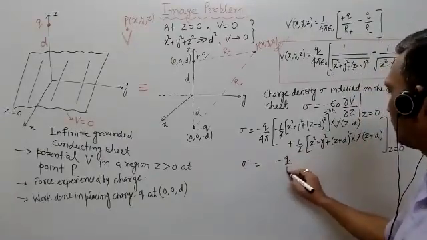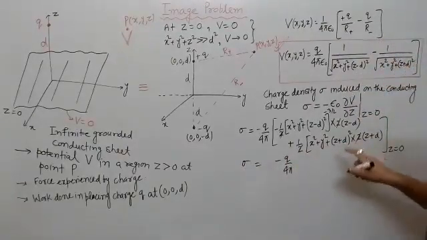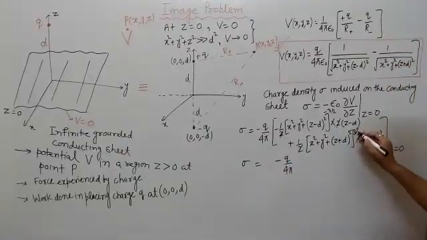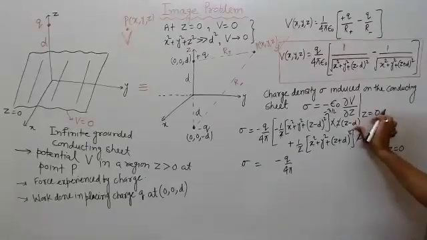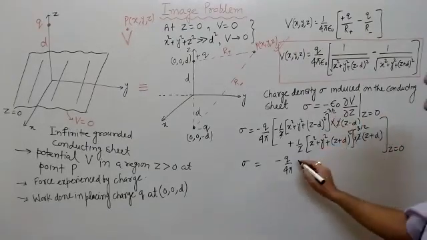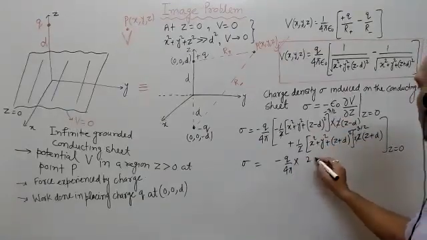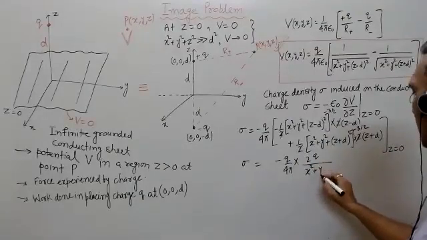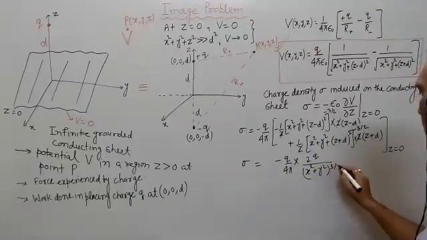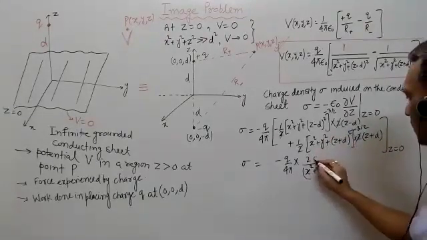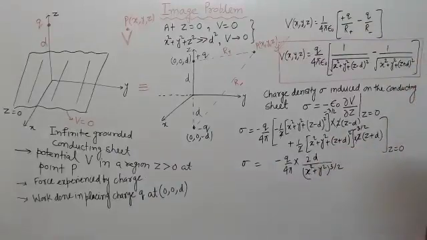the whole power of minus 3 by 2. Here you have the whole power of 3 by 2, and then 2 into (z plus d). So if you add these two, you will get 2d by (x square plus y square) power 3 by 2. This is minus of 2d, not q, this is 2d. So finally this will give you